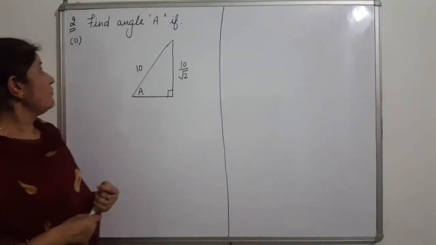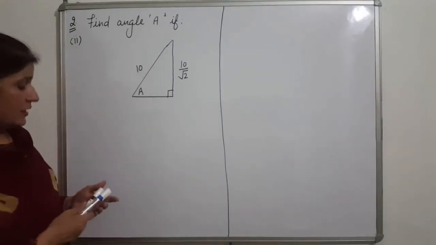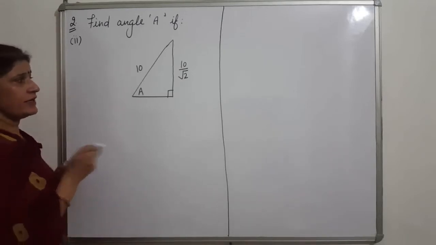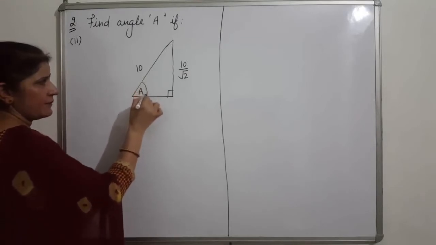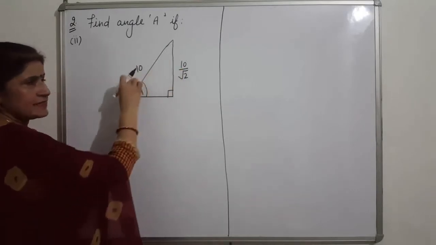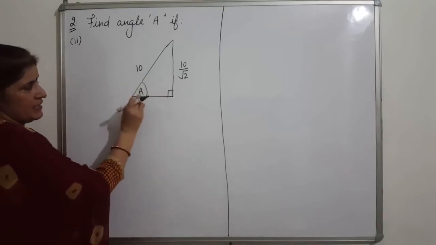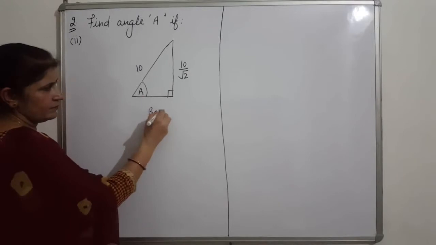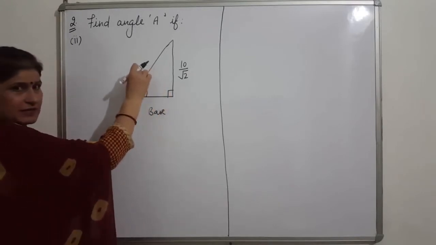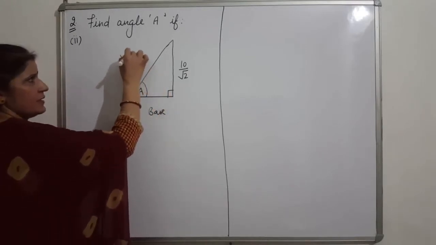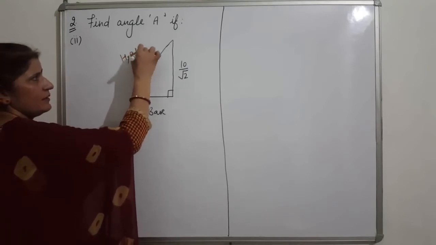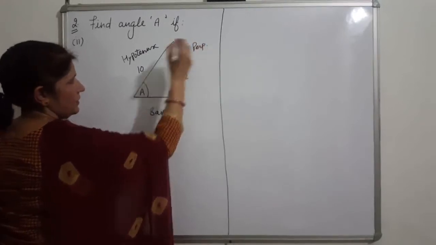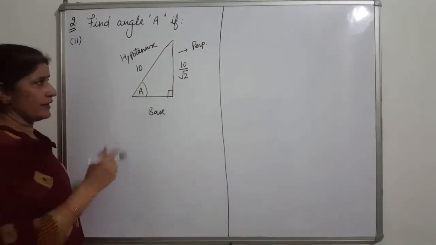So now we will do second part of second question. In this question what you have to find? You have to find angle A. A right angle triangle is given and this is angle A. These two sides are given. We use these two sides. This angle A, because this is base, 90. This side is hypotenuse. And this is perpendicular. If you write like this, then it's easy for you to calculate.